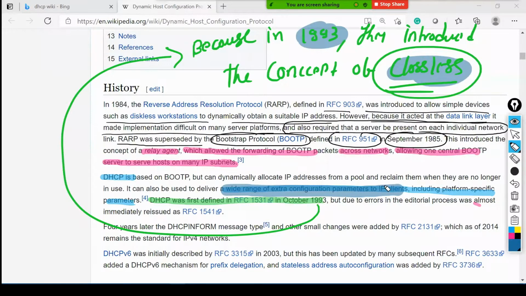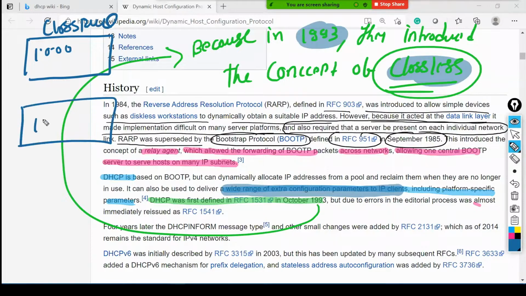Remember, any packet that contains the subnet mask information is known as classless. A packet that does not contain the subnet mask information is known as classful. Something like this. This is one packet that has a 1.0.0.0, this is a classful packet, right? And if the packet has a 1.0.0.0 with a subnet mask, this is classless.